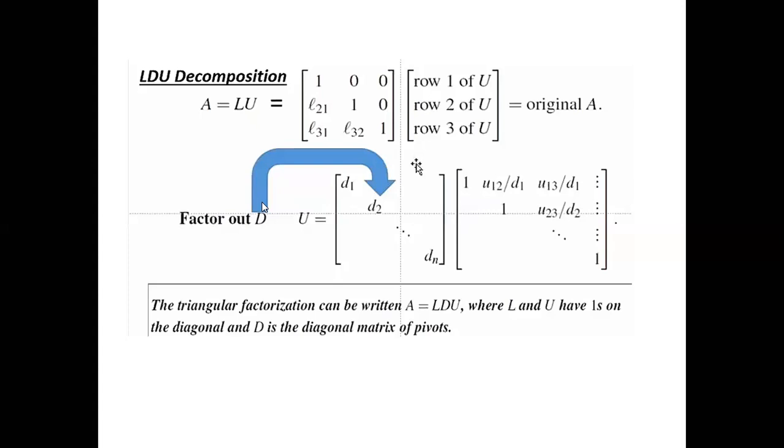Any given matrix A can be split into two parts, L and U, where L has the structure of a lower triangular matrix. So you can see that the main diagonal is of ones, the content above the main diagonal is of zeros, and the rest of the components. And then you have the rows of U. So after decomposing A into L and U, we can further decompose this in the form of LDU, where U can be further split into a diagonal matrix D and U itself, and you can find D and U using the arrow mark which is shown.